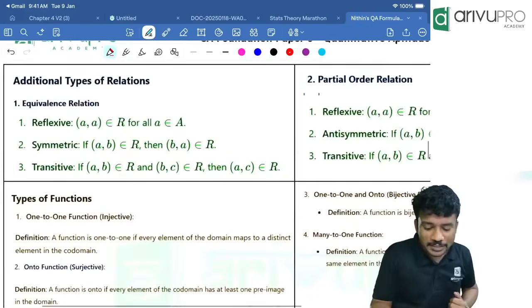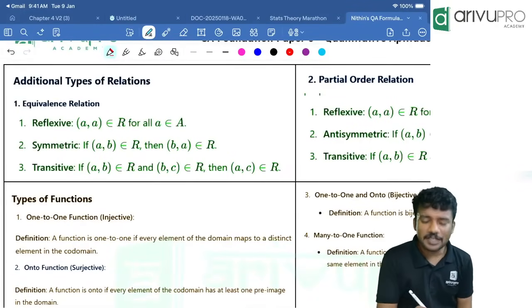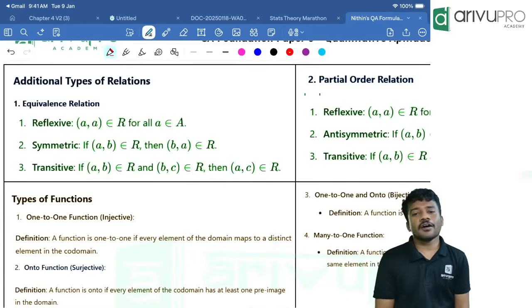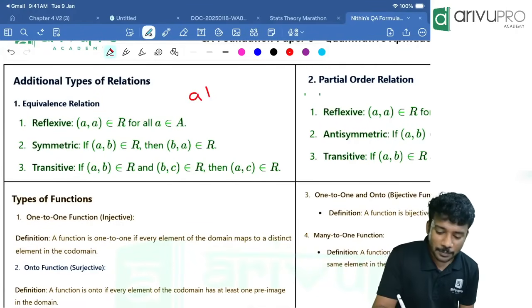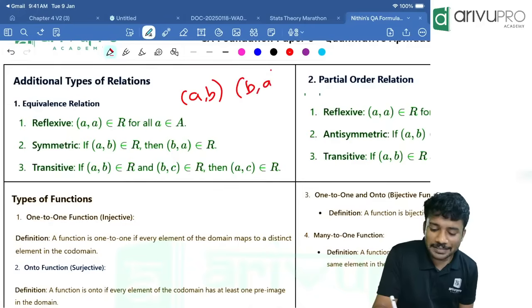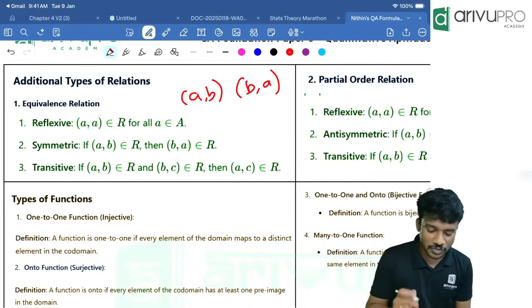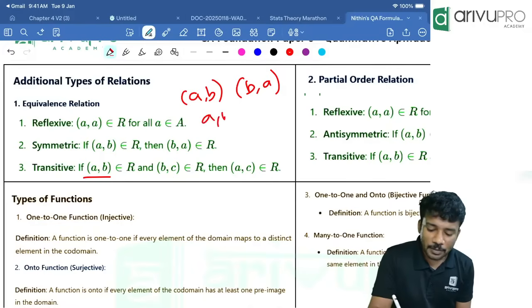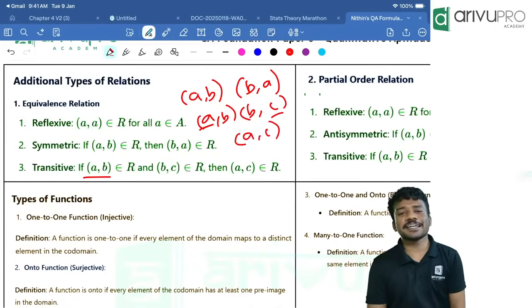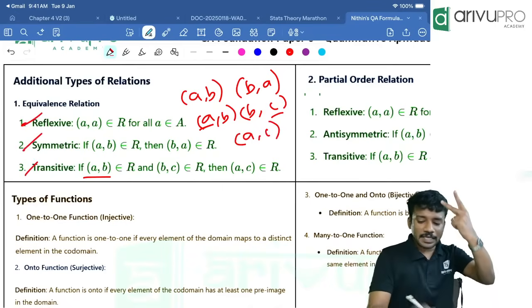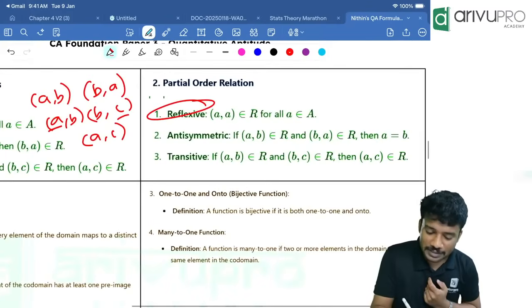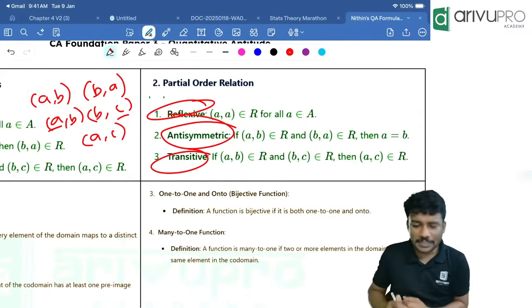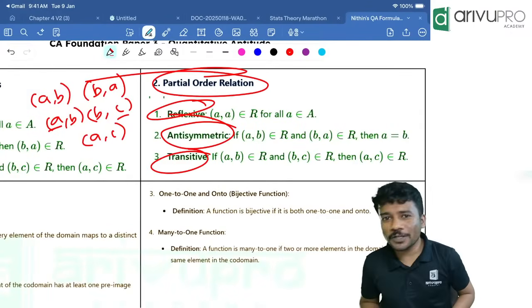Next one, reflexive. When is it called a reflexive relation? When A comma A is an element of the relation, then it is reflexive. Then if A comma B is there and B comma A is there, then it is called the symmetric relation. Transitive means what? If A comma B is there, and B comma C is there, then A comma C should be there, only then it is transitive. If it is reflexive, symmetric and transitive, it is called the equivalence relation. If it is reflexive, transitive and anti-symmetric, it is called a partial order relation,